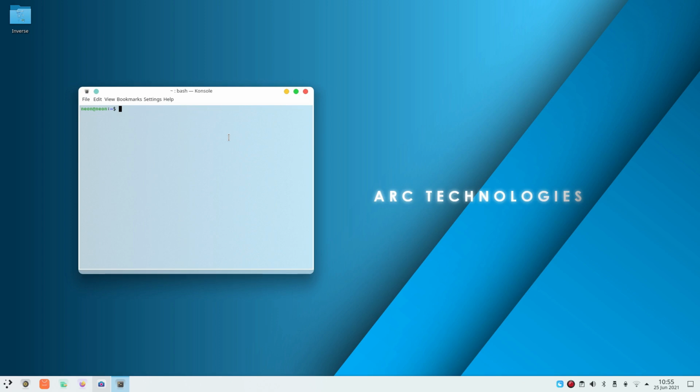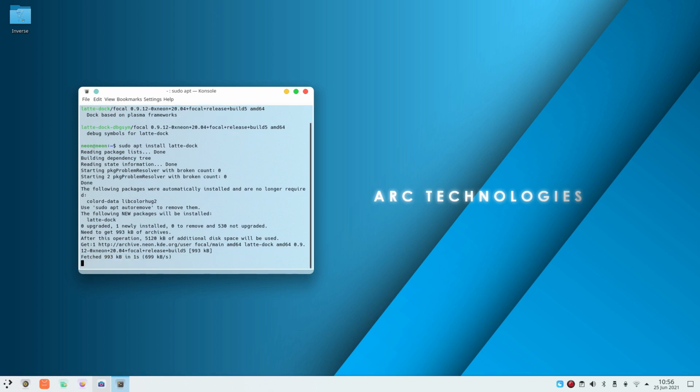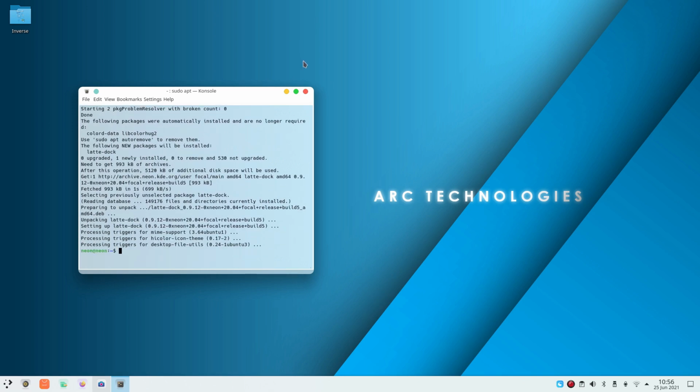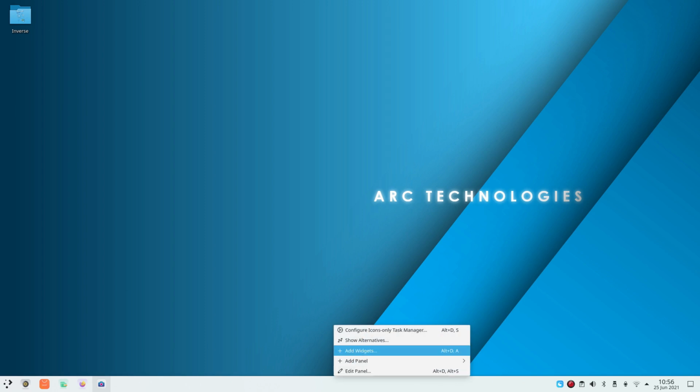Let's go for apt search latte dock. Okay, I wrote the name correct. So sudo apt install, and that's it, done. Now one more thing I would like to do is that let's go for edit panel